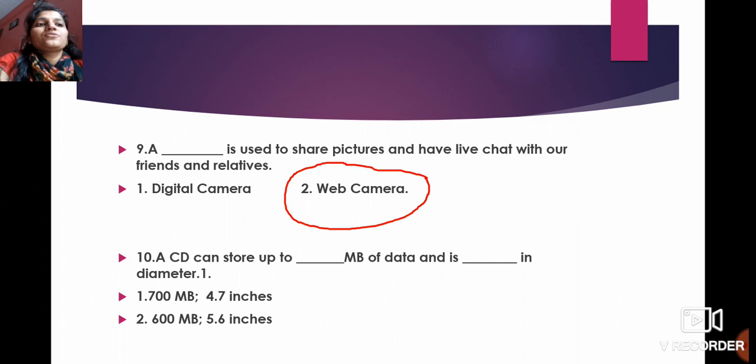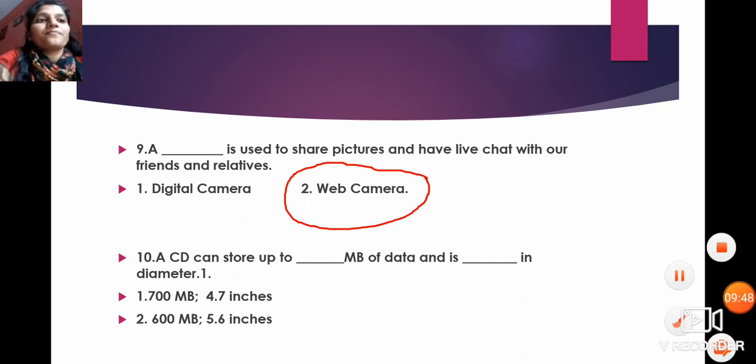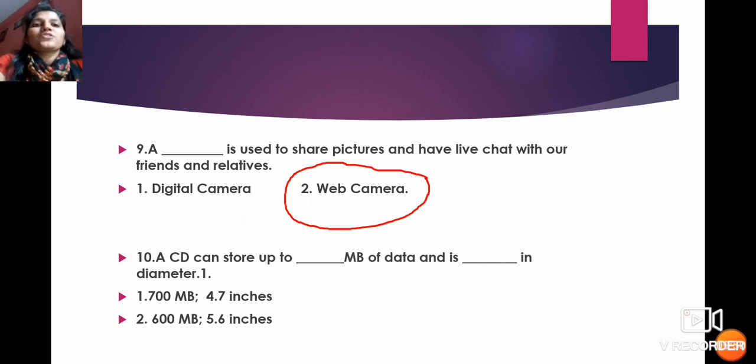So now we are going to see the next question. This is the last question of the fill in the blanks. A CD can store a dash MB of data and is dash in diameter. So students, in this question we have to write the capacity of a CD.